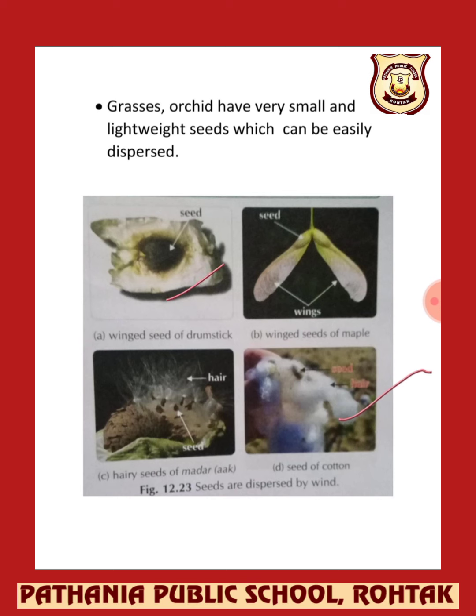These are the drumstick seeds, and these seeds have wings, so they can fly away from here and there. And the hairy seeds of the arc plant you have seen, these are the seeds you can see, and they have hairs. They can easily move from one place to another. As I discussed in the last lecture, grass has seeds which are very light in weight, so they can grow from here and there, and they can disperse very easily.